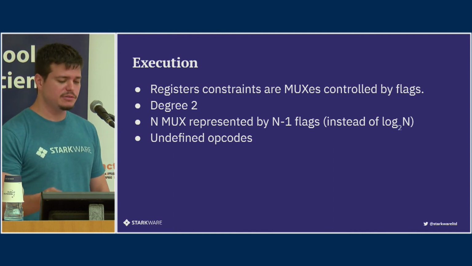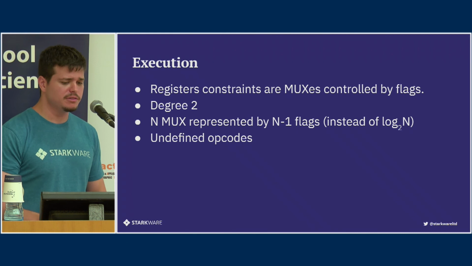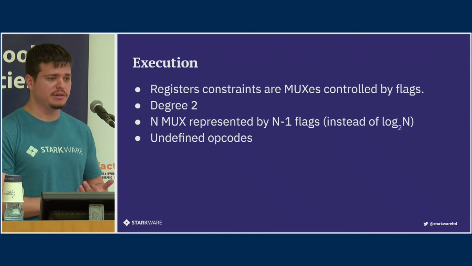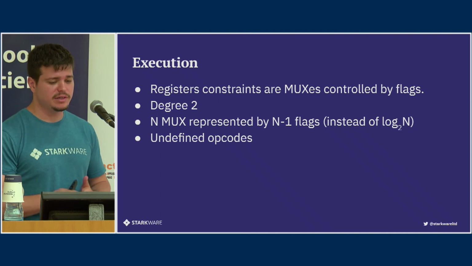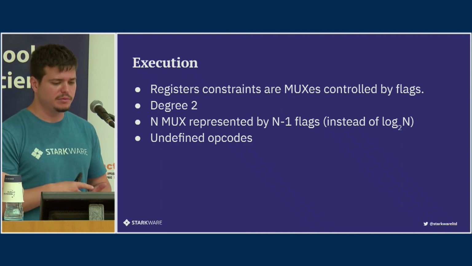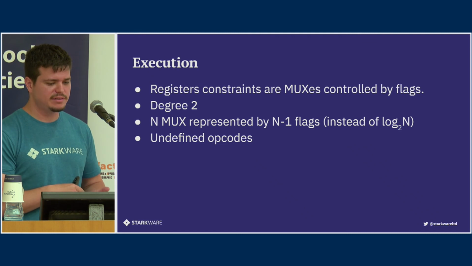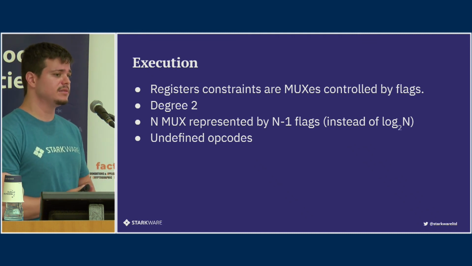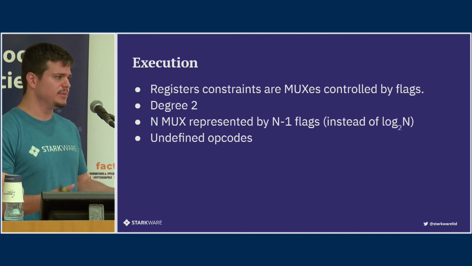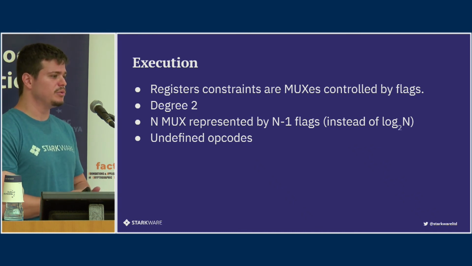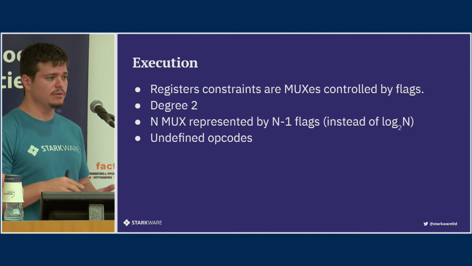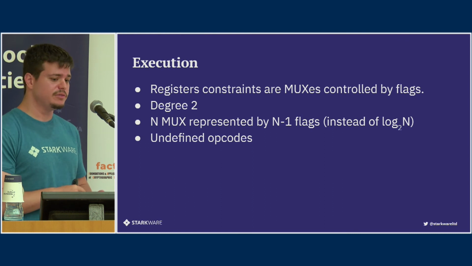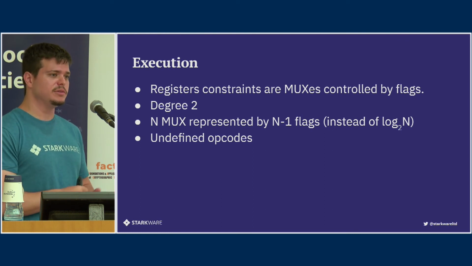And the next execution is pretty straightforward, I would say. We have all the control flags we need, so we want to keep it degree 2 because it's nice. And the way we implement the multiplexer, okay, because there are multiplexers, for example, in the operation we do, if we add or multiply or just take the right one or do a reference, all these are in a multiplexer.